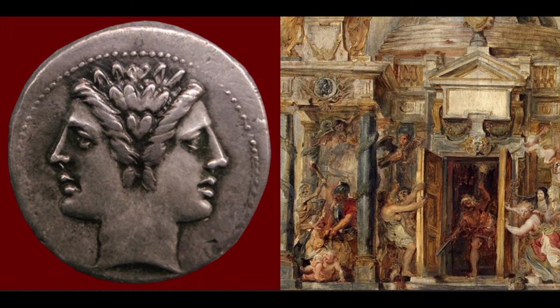In the three dances, one of the doors is open. And what we see in the image on the right is a detail from a painting by Rubens depicting the opening of the doors of Janus. And when the doors of Janus in ancient Rome were open, that meant Rome was at war. If we take that back to the three dances, the fact that this door is wide open indicates a suggestion of war, perhaps between him and his wife.